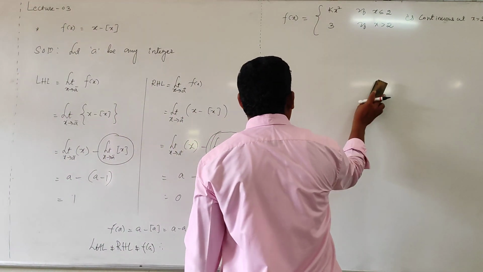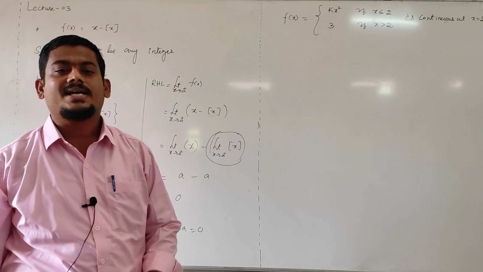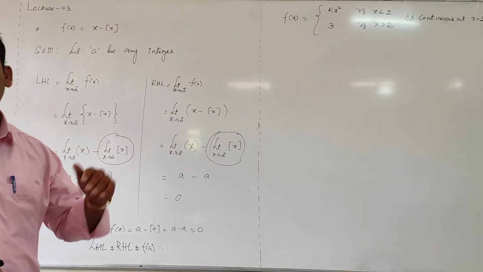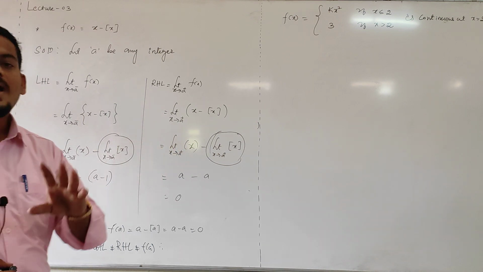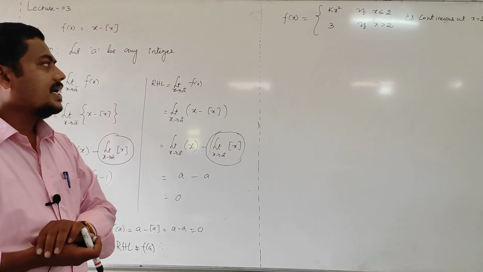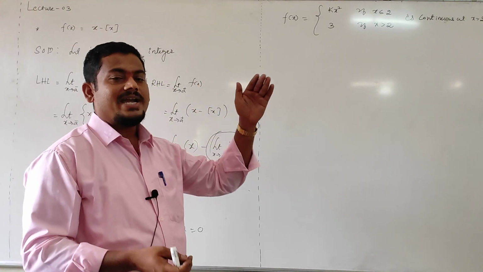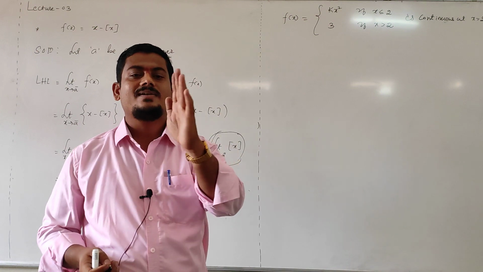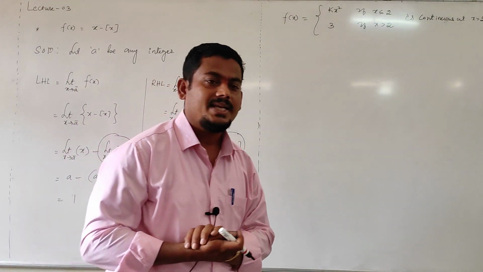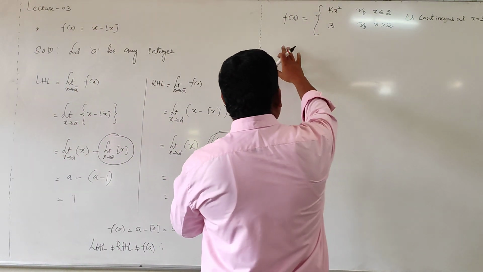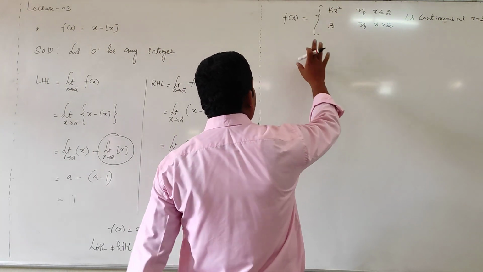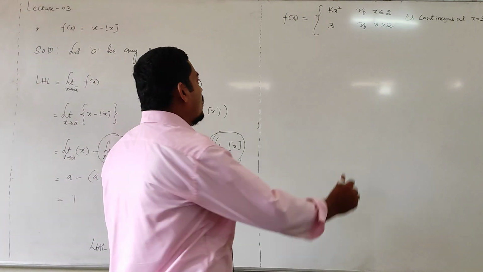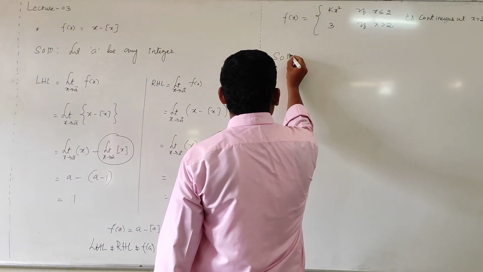These model problems are very important for the 4 mark question in part E. One question will compulsorily be given from this continuity chapter for 4 marks, and in that, finding the k value and finding the a, b values are very important. It is also one of the important 4 mark questions. Find the values of k so that the function is continuous at x equal to 2. What have they given?